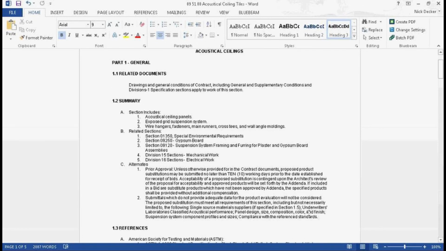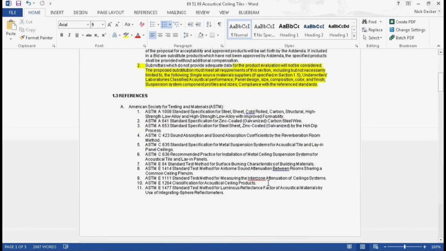And let me go through and highlight a couple of these items because I need to reread these later on, whatever it is. Or I can assign different colors to different people and say, go review 1.3A, 9, and 10. Great. And I can do that. And again, I'm going to save this